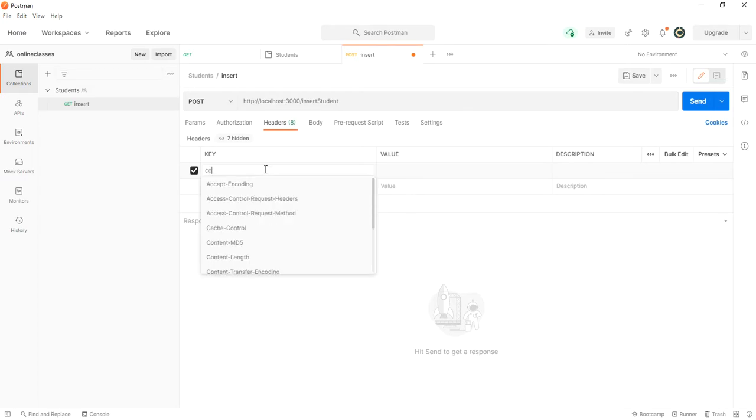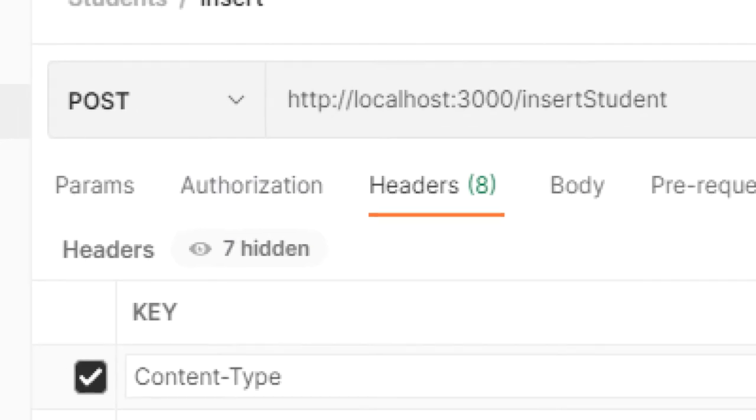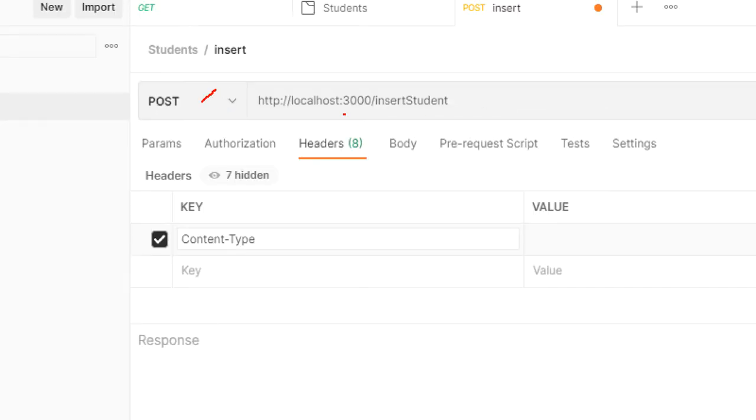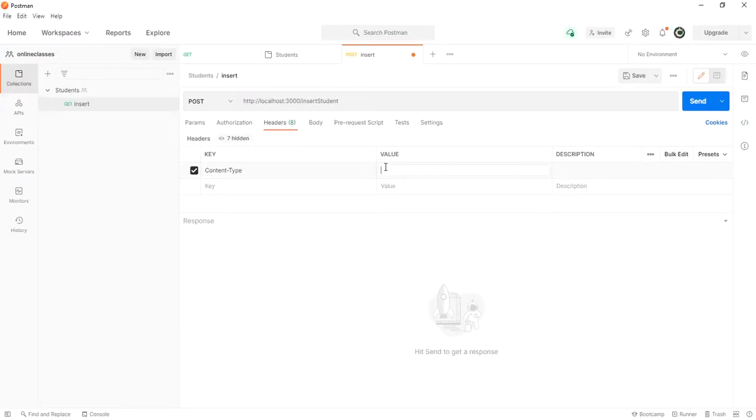We need to send JSON data, that is why we need to configure the post insert student content type, which is a header, set there. Application/JSON means we are telling the server I am sending JSON data, so that your body parser reads the request data and converts it into JSON format directly.